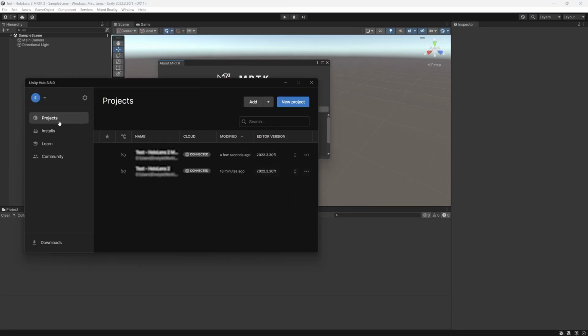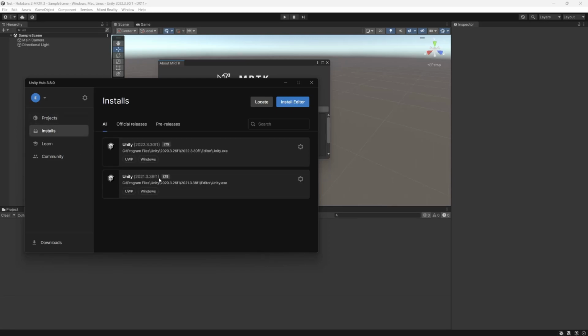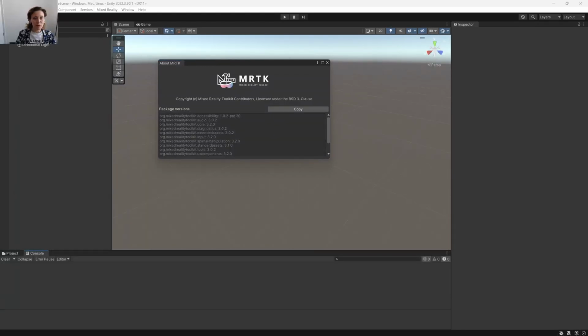So just to recap, you can use this version, which is the recommended one, or a higher version. For example, I just open it with this version and it works. If you want to be 100% sure, you should use this version. And if you want to know more about how to set up completely Mixed Reality Toolkit 3, please check out this video here, the video that appears here. In this video, you will basically have more information about how to proceed from here.